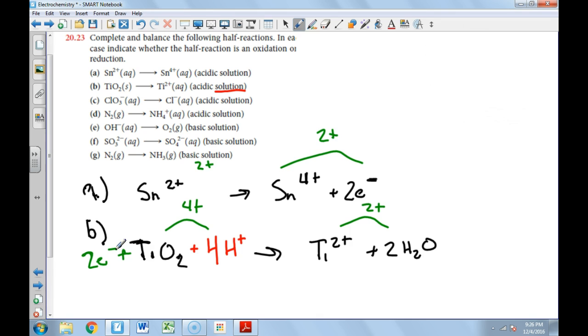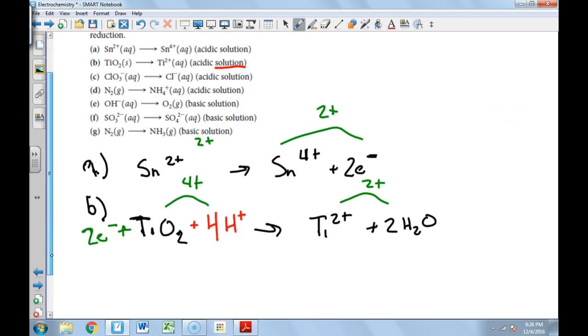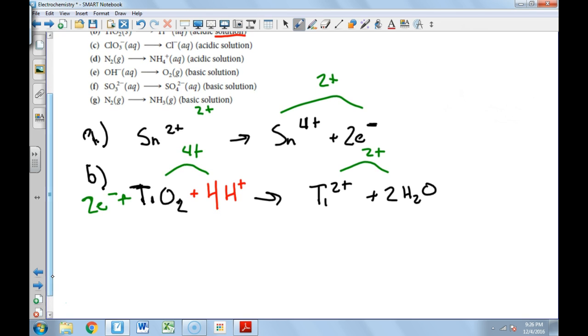This is a gaining of electrons. So, LEO the lion says GER, even though it doesn't say it, we could call this a gaining of electrons, which is a reduction. Now the next one,